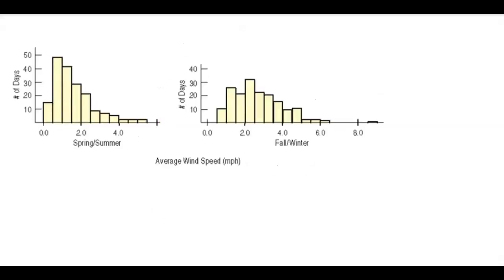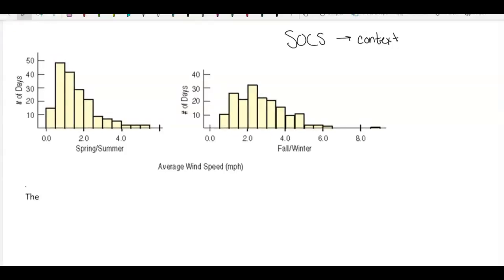Okay, so what we're going to do now is describe and compare the two histograms using SOCS. And remember, we have to make sure that we have the context. I'm going to type it because it'll be nicer and not as messy. So hold on one second. It's really good to start these by saying the distribution of. And so this is average wind speed in spring and summer versus fall and winter. So the average wind speed for fall, winter,